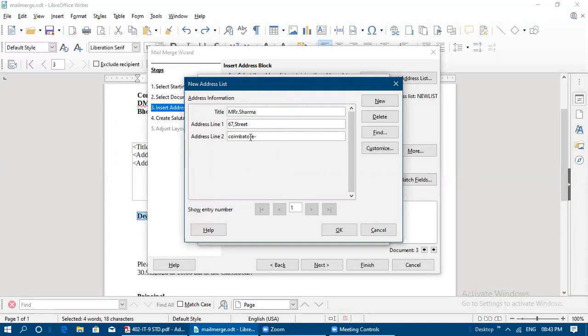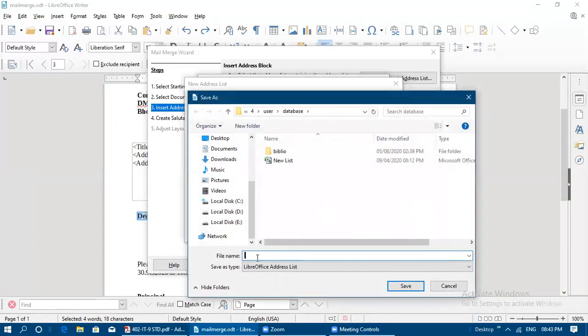City name and pin code. If you want, you can give pin code here itself, or else a separate zip code field is there, and if you want to use that field, you can use it. Now one record is showing here, so one record we have created, and click on new in order to create the next one. Second, automatically the number 2 is coming. So Mr. some name you just give, and some address. Click on new and then click on OK.